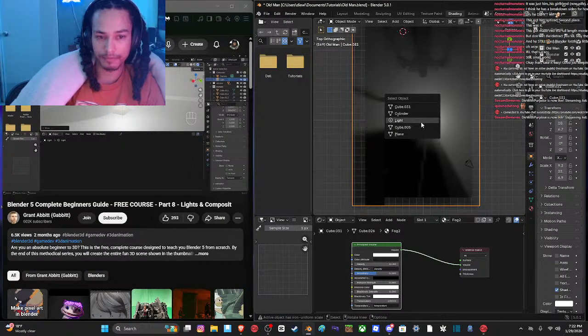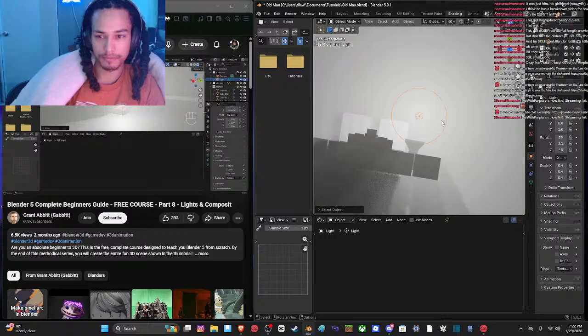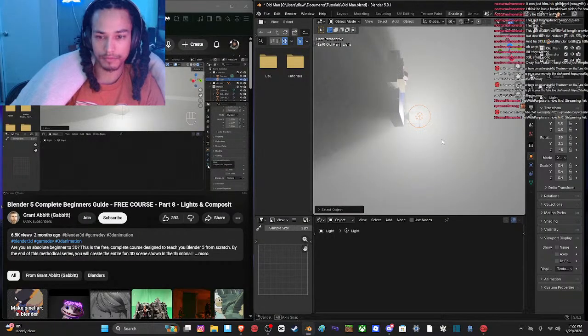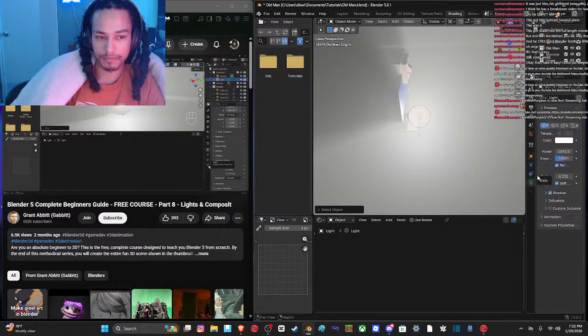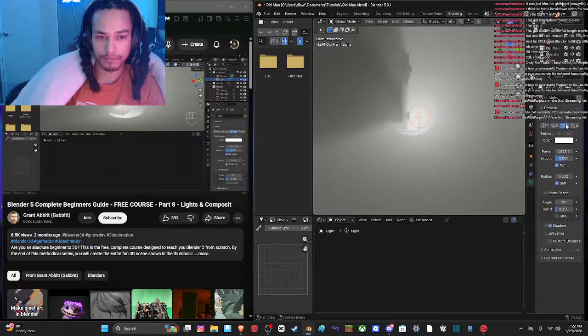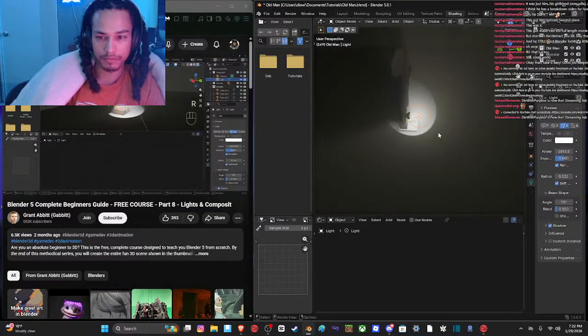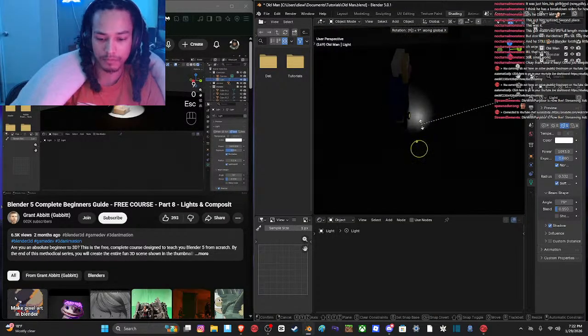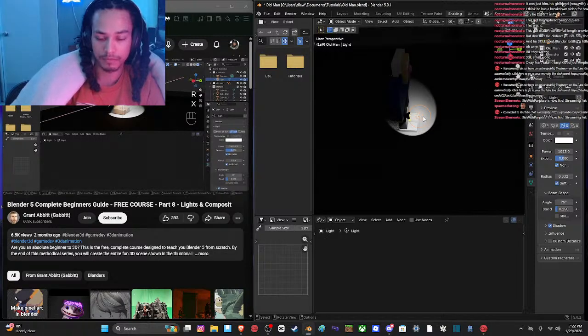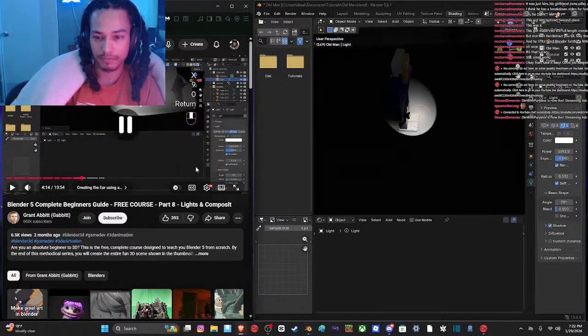Let's take a look. At the moment it's a point light. If I go down to the lighting properties here, the object data properties, which changes to a lamp icon, I'll click on that, and we've got a point, sun, spot, and area light. For this one, I'll choose a spotlight, and you can see how that might work at the moment. I'll need to rotate around the x-axis 90 degrees. Oh, I've still got the 3D cursor, so period key plus the median point, R, X, 90, and now we're